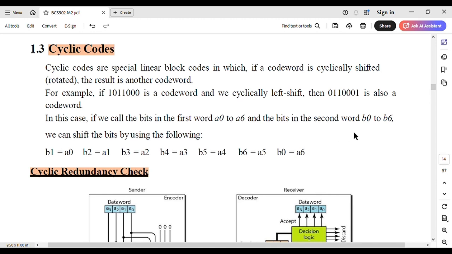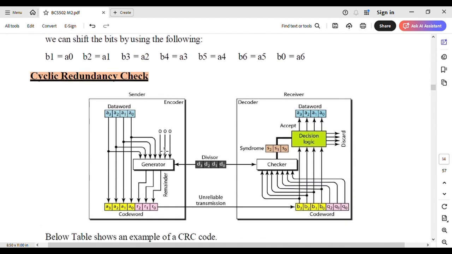the bits in the second word B0 to B6, we can shift the bits by using the following: B1 is equal to A0, B2 is equal to A1, B3 is equal to A2, B4 is equal to A3, B5 is equal to A4, B6 is equal to A5, B0 is equal to A6. So this is the representation of cyclic redundancy check, and then generator, and then the remainder or redundancy has